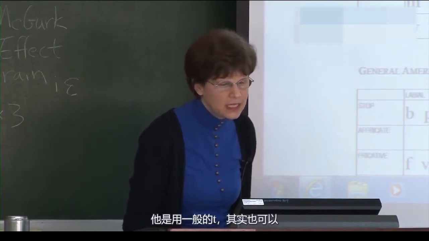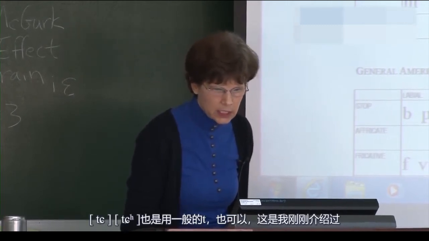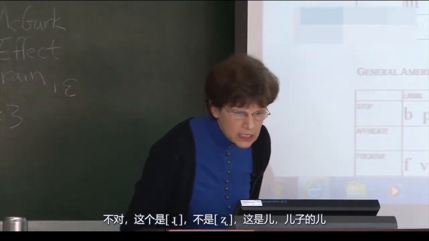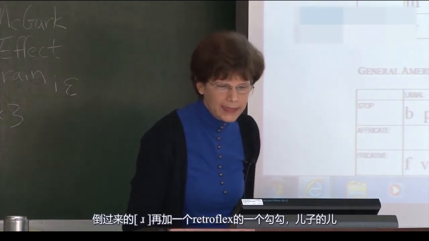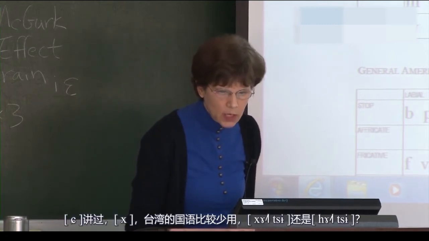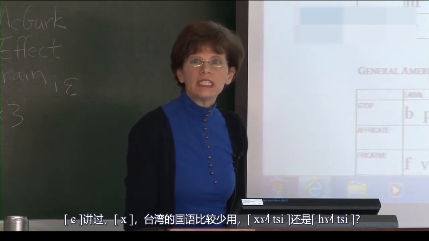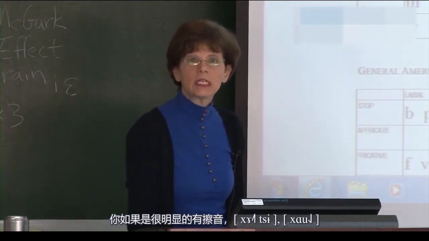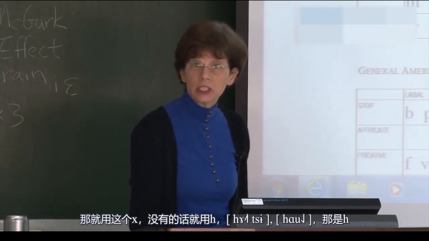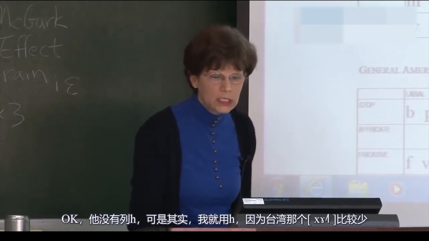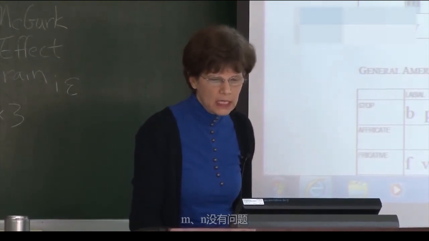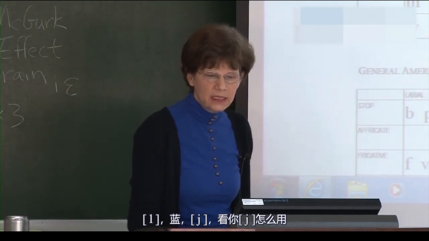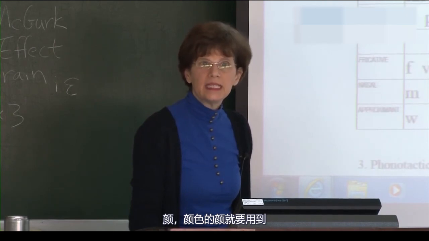它的那个知有点不一样，它是用一般的 t，其实也可以。机器也是用一般的 t 也可以，这是刚介绍过。佛教的佛等等，s 在这里讲过，日这个比较特别。不对，这个是儿，它不是日，sorry，这是儿子的儿，倒过来的 r 再加一个 retroflex 一个勾勾，儿子的儿。西讲过，呵，台湾的国语比较少用，盒子还是盒子？盒子，那你就用 h，不用 x。你如果是很明显的有差音，盒子好，那就用这个 x。没有的话就用 h，盒子好，那是 h。OK，它没有列 h，可是其实我就用 h，因为台湾那个盒比较少。么呢没有问题，is the same as English, no problem. 我 like 王，了，蓝，耶。看你耶怎么用，颜色的颜就要用到。